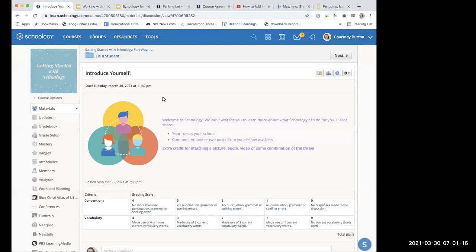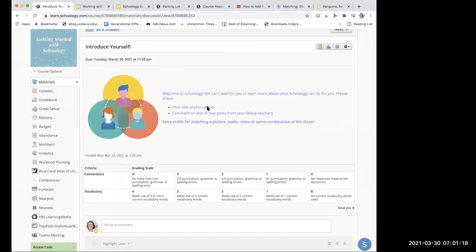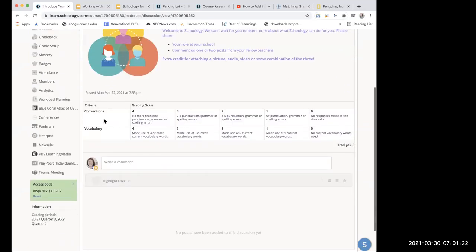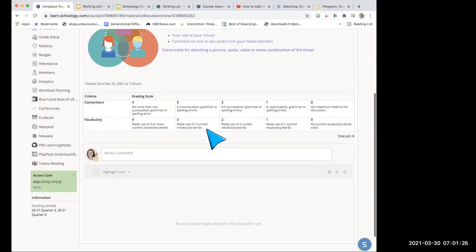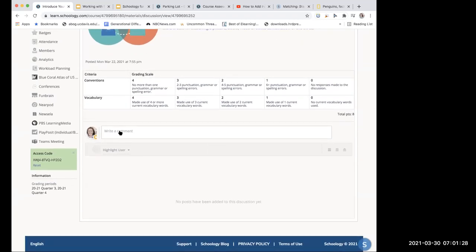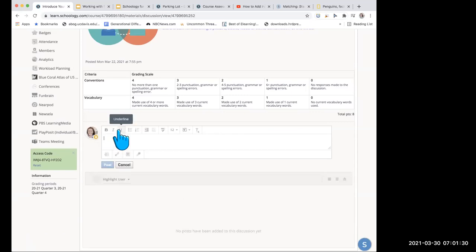This is a discussion. So it has a little directions on what we're asking for you to comment on. It does have a rubric attached, so you can see the rubric listed right here. And then what you're gonna do is come here into the write a comment box. You're gonna click inside of that, and this is where you can type out a comment,